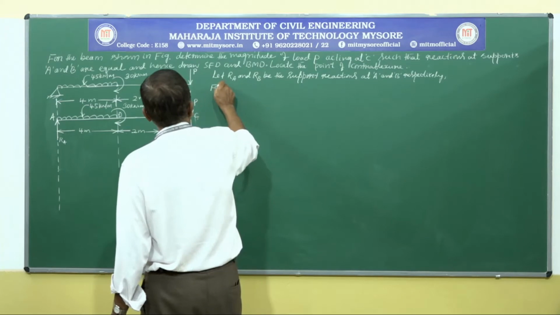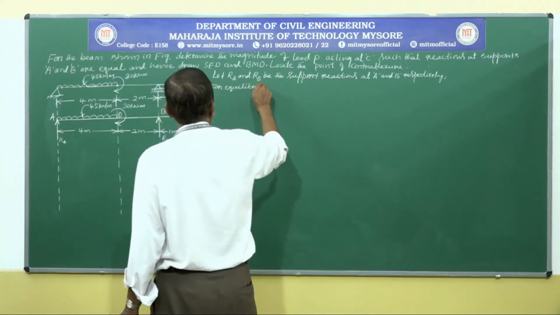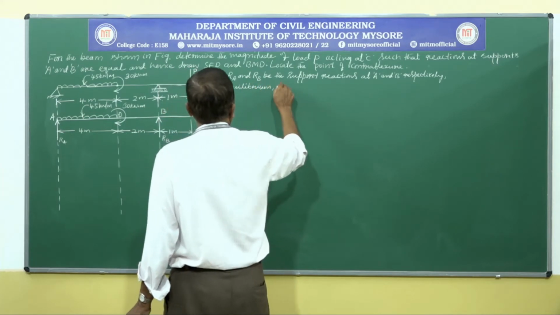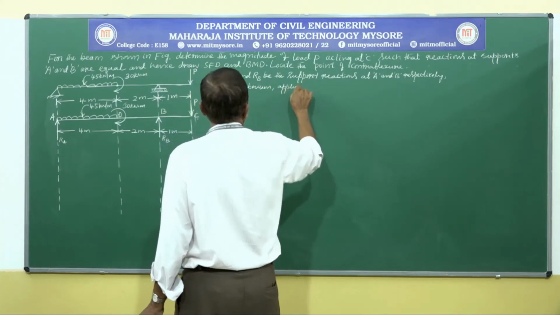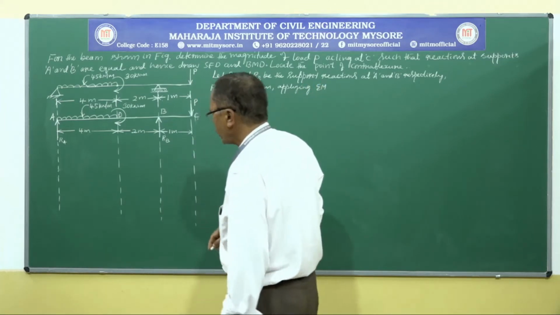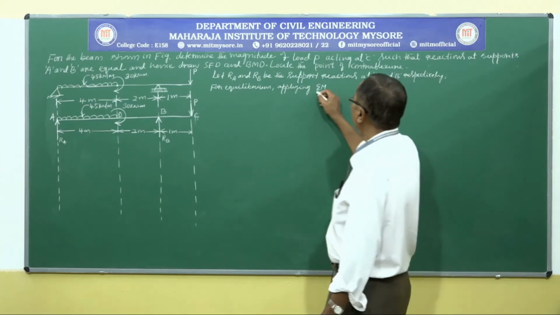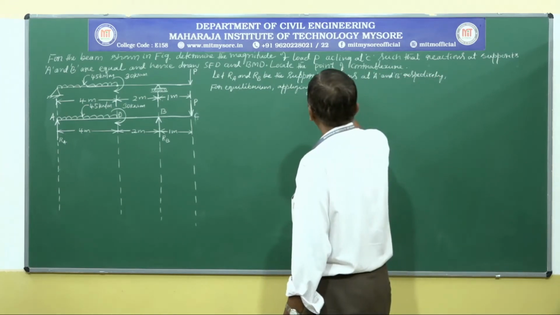For equilibrium, applying sigma, we apply moment equilibrium condition first. Let us apply this moment equilibrium condition about point A. Applying sigma M about A is equal to 0,